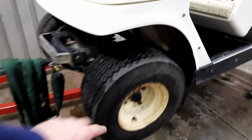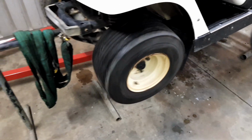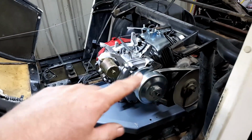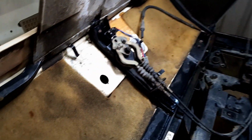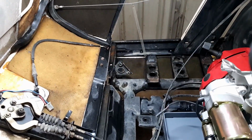I put a bit of slime in this front wheel and pumped it up, and it looks like it's holding air at the moment, which would be really nice. So what I've got left to do is air cleaner, the exhaust, do the wiring, and then put the ignition switch in that hole there in the middle. The wiring isn't too hard. Then work out which side for the battery,